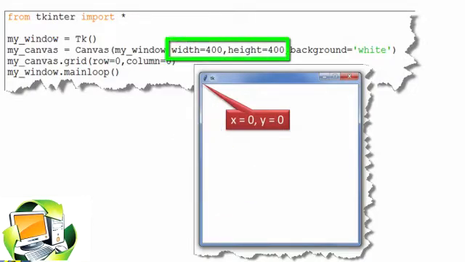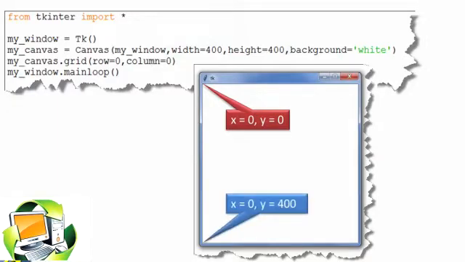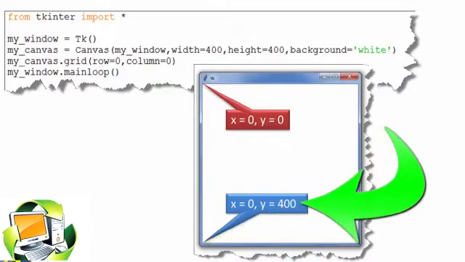Here the height of my canvas is set to 400 according to my coding. If I now point to the bottom left corner of my canvas, the coordinates will be X equals to 0 as we haven't moved in X direction and Y equals to 400 as we have moved down.